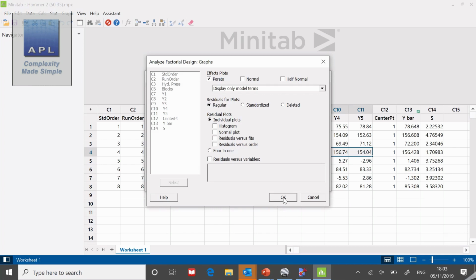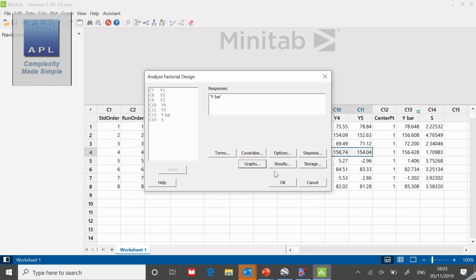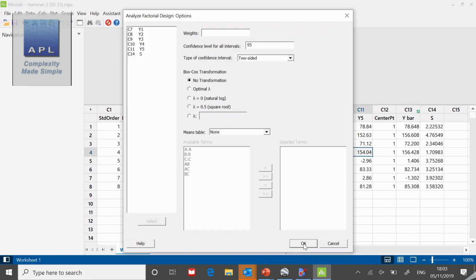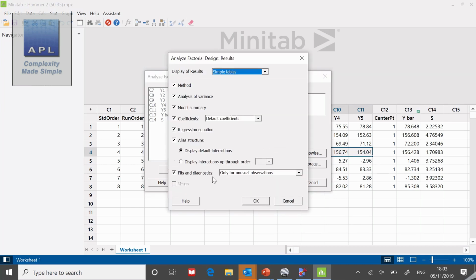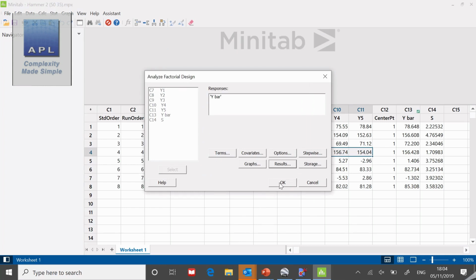Then let's have a look what graphs it's going to give me. Well, it's going to give me the Pareto, that's fine. Let's have a look at the options here. I'm not going to change that at all. And the results, well, it's going to give me lots and lots of results here. I don't want the analysis of variance. I don't want the model summary. I don't want the regression equation, the aliasing structure. I don't want the fits and the diagnostics. I just want the coefficients. So I just want the model. And if I click OK to that,